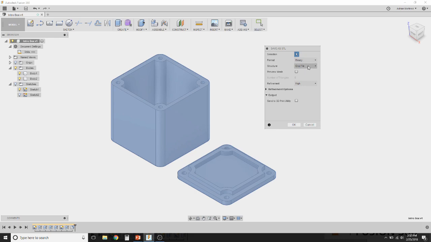As far as structure, you can save it as one file so that when you save the STL file and you drop it in a slicer, both objects come in as one thing, or you can have Fusion save it as one file per body. Now it's really up to you. I tend to like to save things as one file per body in order to more easily